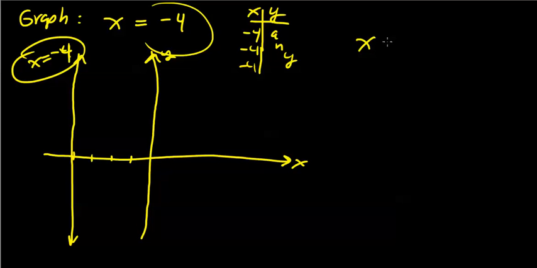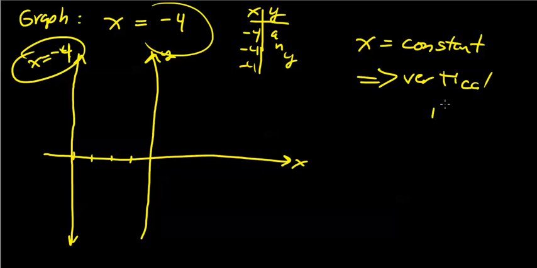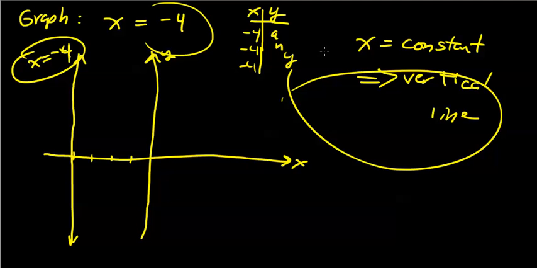So let me write that down. If x equals a constant, then you've got a vertical line. Your x coordinate never changes. Okay? Similarly, let me graph something of the form